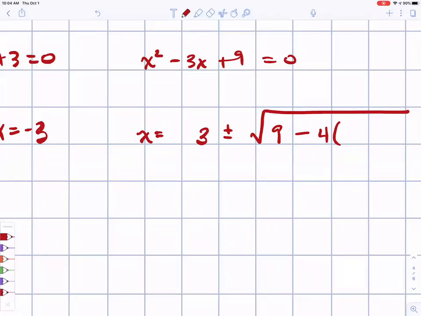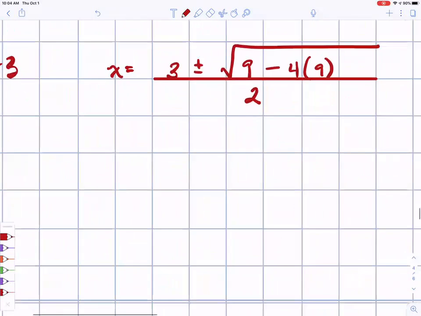So what am I going to write there? Just a 9. I don't need the a part. All over 2 times a, and in this case, 2 times a is 2 times 1. So Dylan, the problem is not that you don't know how to work quadratic formula. The problem is you haven't memorized it yet. So dude, go watch some of those videos and learn a song that goes with it. I ain't singing for you today. All right, so we've got 3 plus or minus,